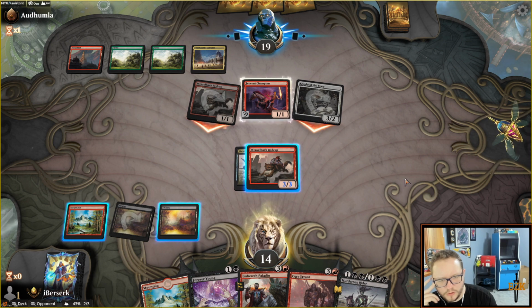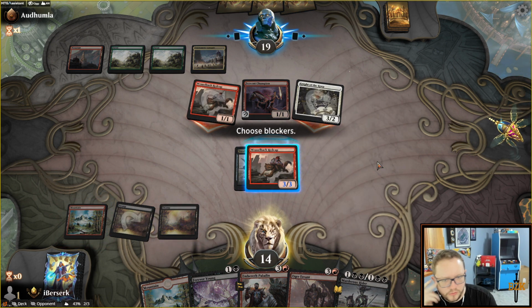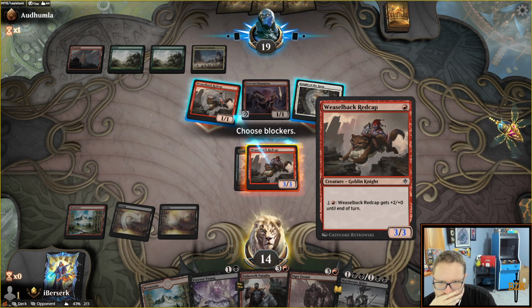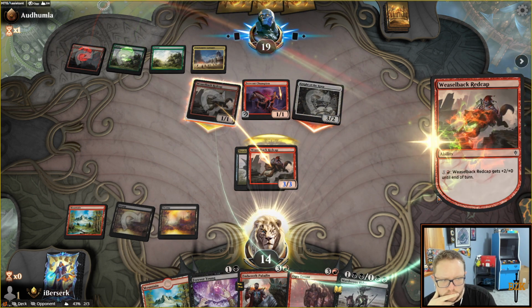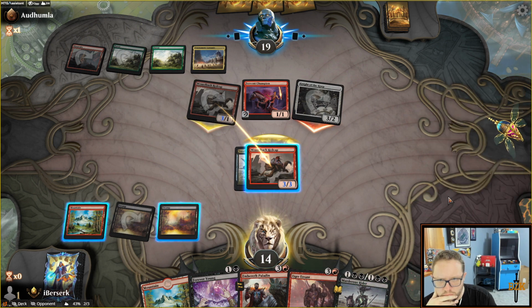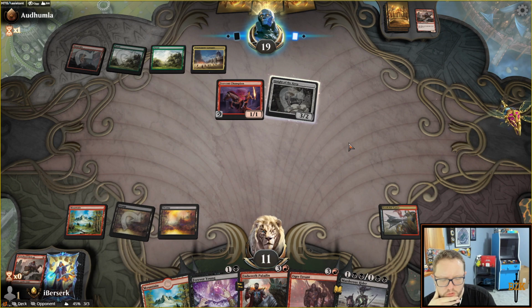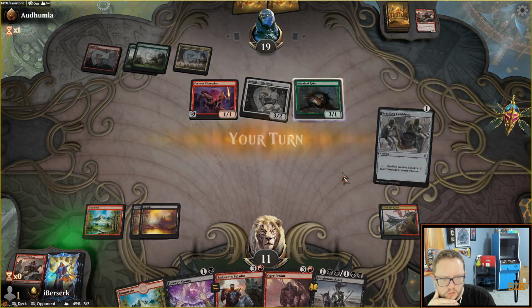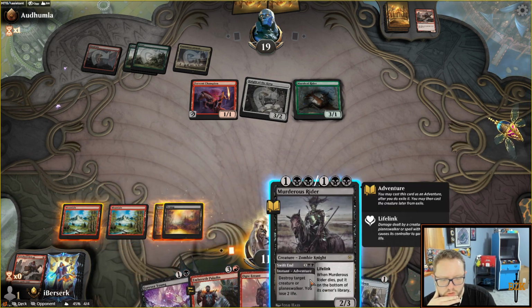What do you feel like losing here? I guess that's the question. We can do this. Yeah, so we pass the blockers, and I think we block here. Make him spend the mana. Yep. So then he's gonna have a sorry, a priority hog. Okay, so he must be blocked. So then we will get